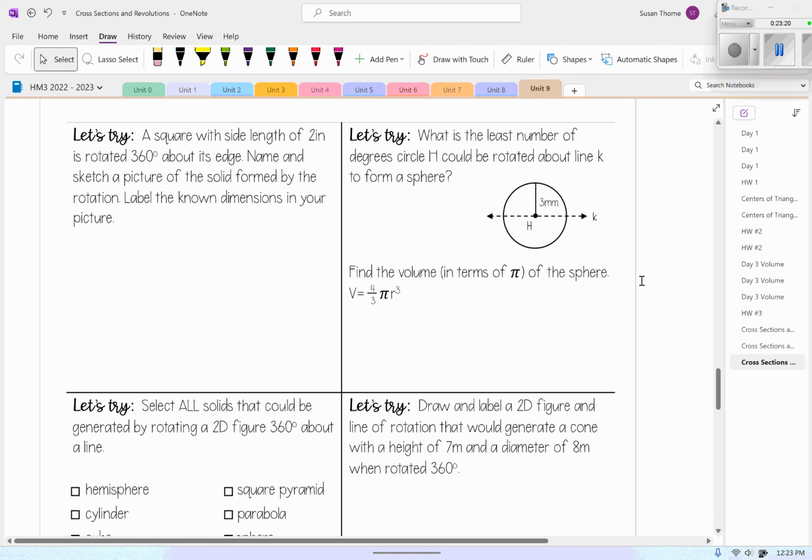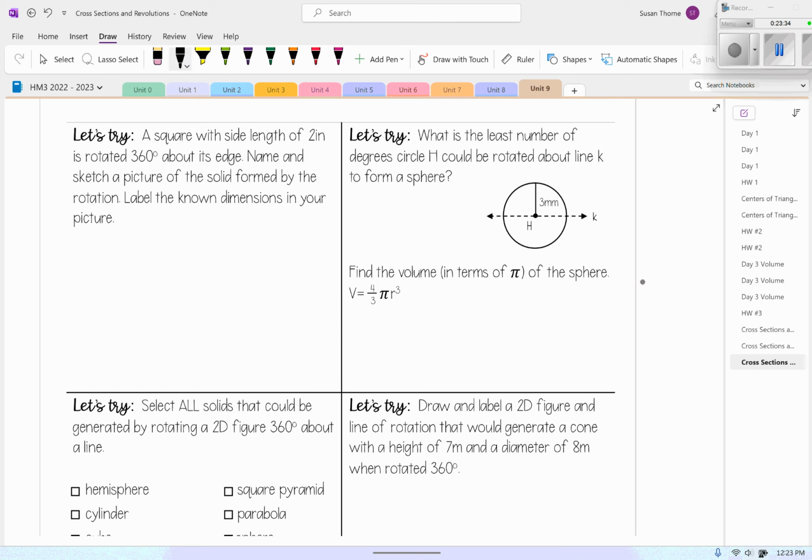The next one says a square with a side length of 2 inches is rotated 360 degrees about its edge. Name and sketch a picture of the solid form created by the rotation. Label the known dimensions in your picture. So however you want to rotate this, we have a square, and this is 2 inches by 2 inches. So if we rotate this around,